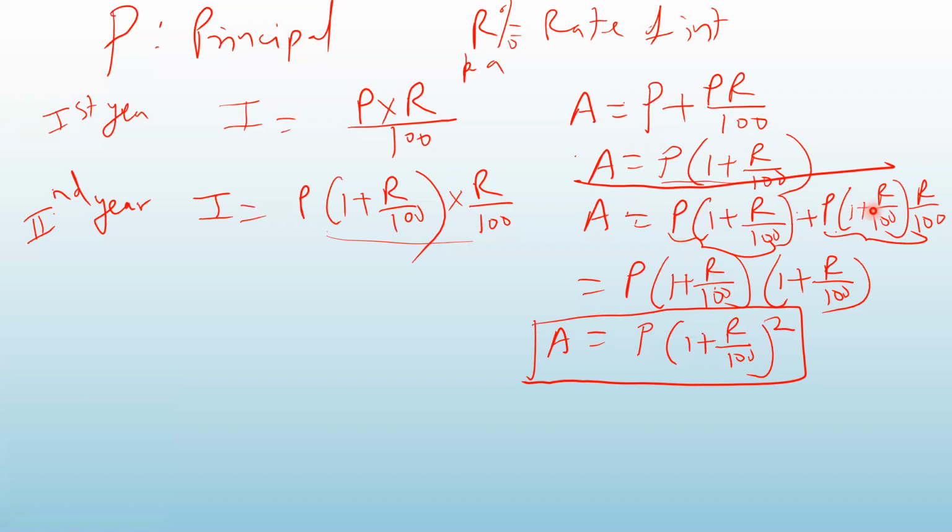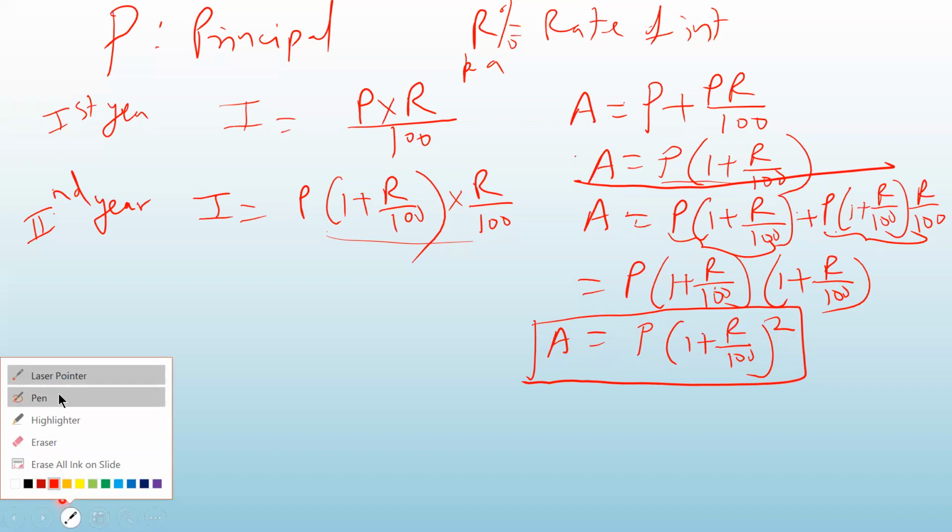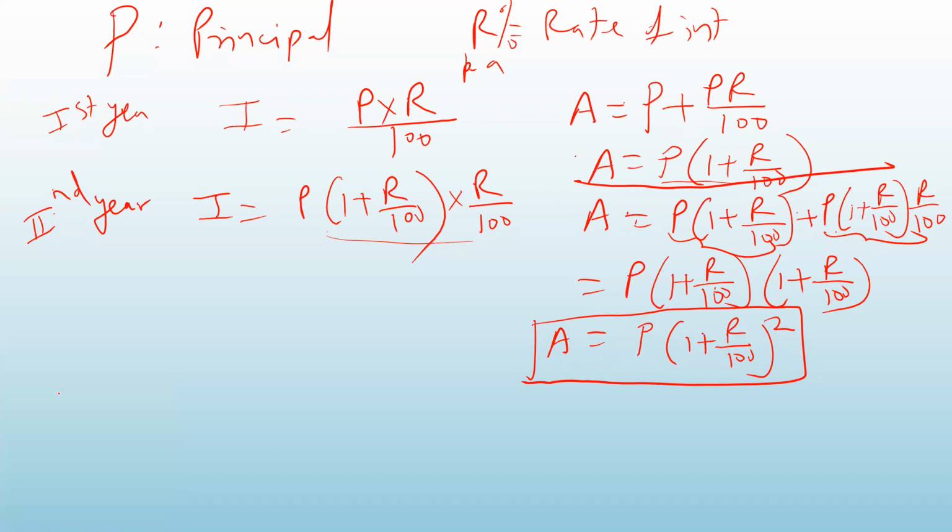From these two terms, you take out this common, P into 1 plus R upon 100. Here it is, also here. So from here you will get 1, and from here R upon 100. Now, 1 plus R upon 100 into 1 plus R upon 100 will give you 1 plus R upon 100 square. So the amount after 2 years is this, P into 1 plus R upon 100 square. If you continue in a similar way, then you will see that in the third year, the interest will be calculated on this amount of the previous year.